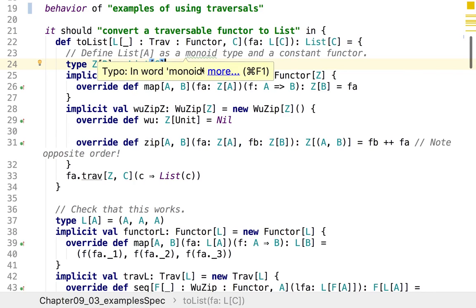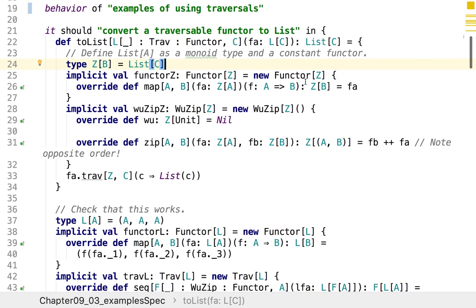So it will be a constant functor. To express this, I define the type constructor Z, which has a type parameter B, but it's equal to list of C, where C is a fixed type parameter up here, so it's not depending on B. So this will be a constant functor,